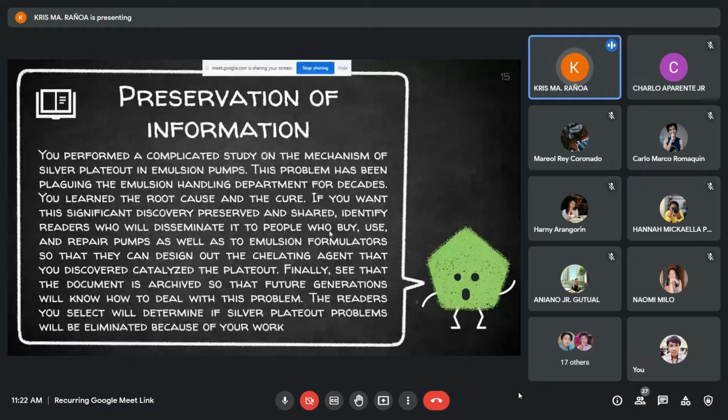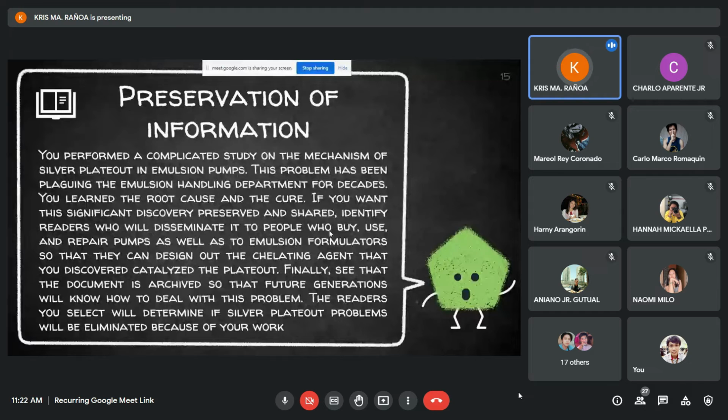You performed a complicated study on the mechanism of silver plate out in emotion pumps. This problem has been plaguing the emotion handling department for decades. You learned the root cause and the cure. If you want this significant discovery preserved and